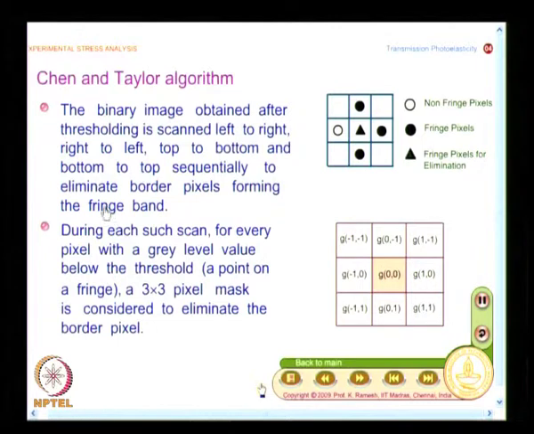So, now I have to develop a condition: how do I identify that this is a border pixel and how do I remove it? Visually it is very simple. If I give a photograph to you and then ask you to mark the fringe skeleton, you will do it. If your hand is not shaky, you will do a very good fringe. If you are an artist, you can really pick out that fringe contour very well. But once we go for image processing, irrespective of the user, we want the computer to give you the skeleton.